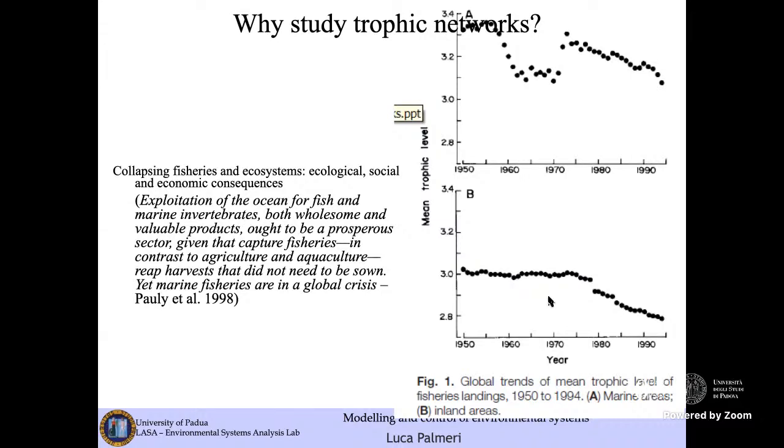And this is a clear indication that there is a kind of deformation or dystrophic behavior of a network, and this is a typical case for eutrophication. We have a kind of collapsing fisheries, which may have ecological, social, and economic consequences that come from the exploitation of the oceans for fish and marine invertebrates that are both wholesome and valuable products, that ought to be a prosperous sector given the capture of fisheries. In contrast, for example, to agriculture and aquaculture,